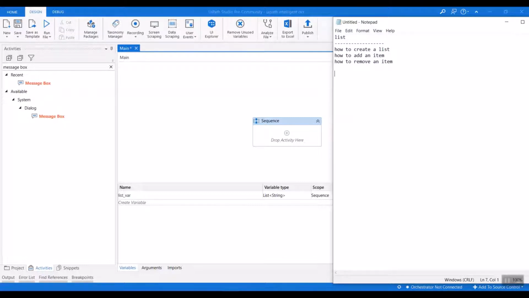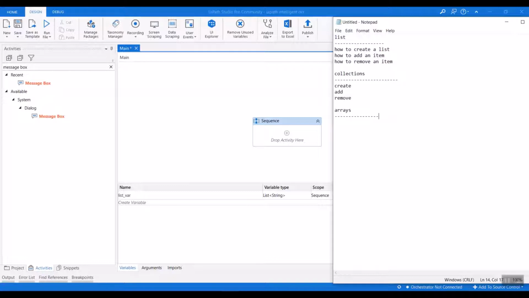Okay, and for the collections we'll see the same, because in UiPath it is mentioned as a list, and collections are different. But as per the logical way, a list contains all types of data types, and a collection also contains all data types. It's a storage of different data types. So for collections we will also see how to create it, how to add an item and how to remove an item. And arrays are another type.